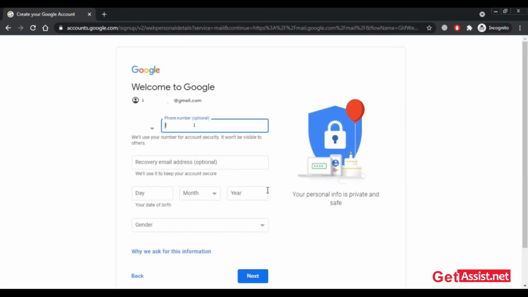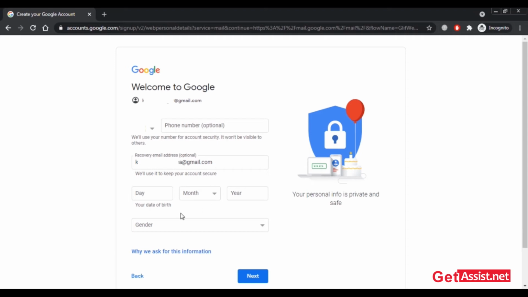So yeah, now if you want, you can remove your phone number once it gets verified, as entering your phone number is optional, alright. But it is better if you use your phone number for account security. If you want, you can even add another email address for recovery if you don't want to add your phone number, but make sure to enter at least one thing, either phone number or a recovery email address, so that whenever you forget your password, you can simply reset it using this information, alright. So yeah, this information is used to keep your account secure.